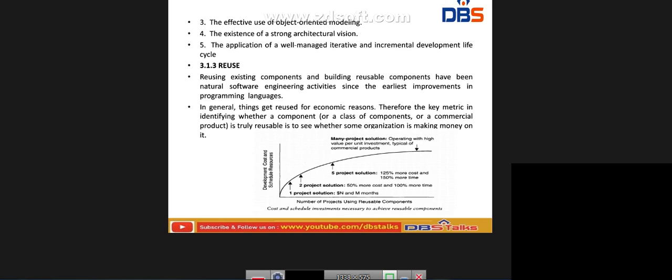Whenever we use existing components, it automatically reduces the cost. So the number of projects using reusable components is the main thing. This is the graph for the cost and schedule of investments necessary to achieve reusable components.